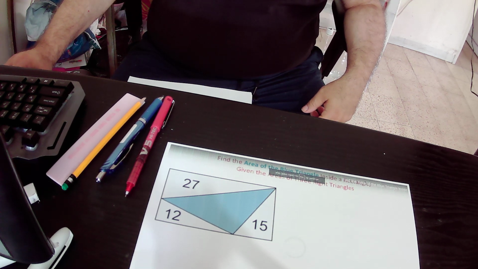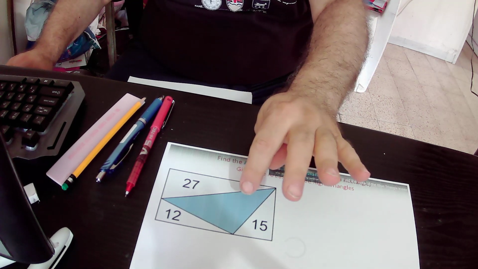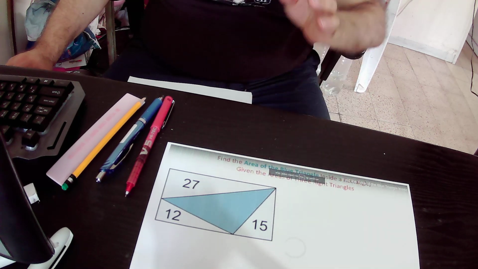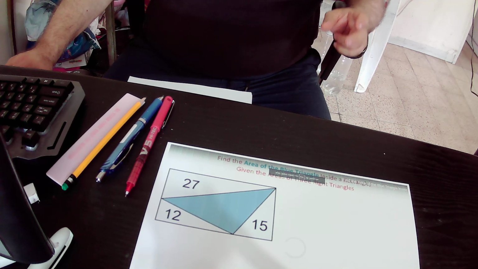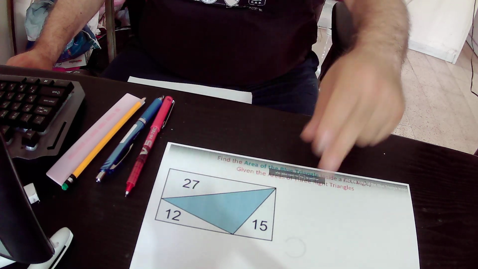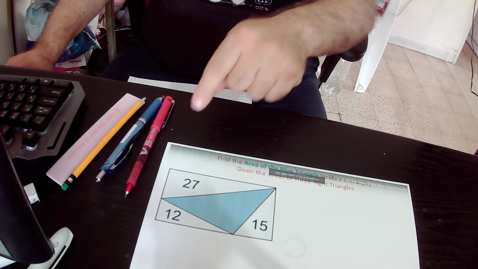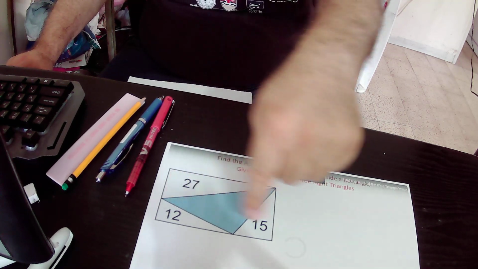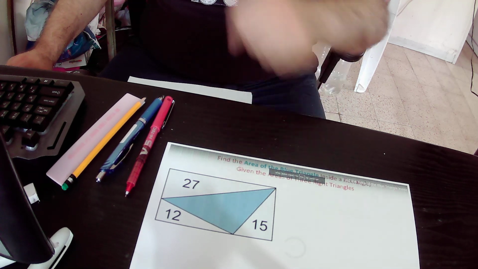Hello, in this lecture we will find the area of this blue triangle. As you can see in the drawing, we have a rectangle that contains three right triangles and the blue triangle too,